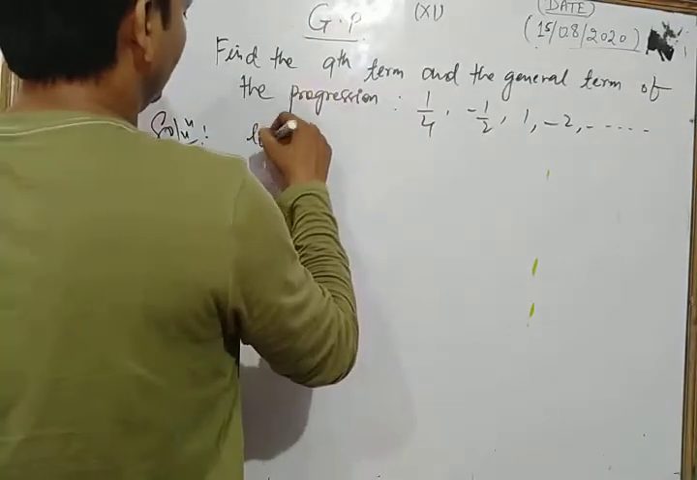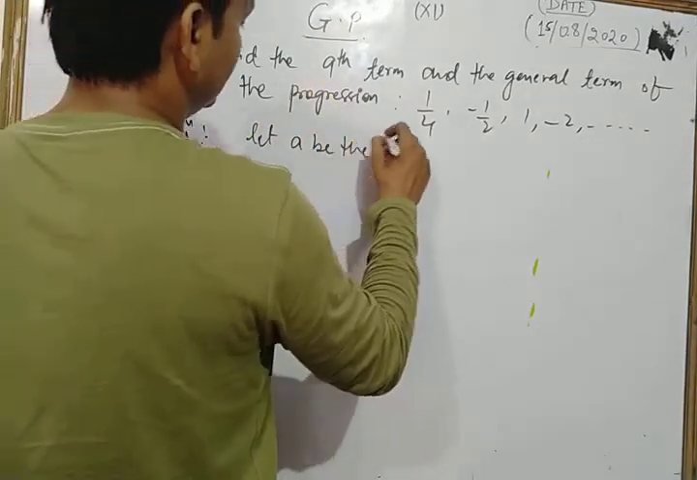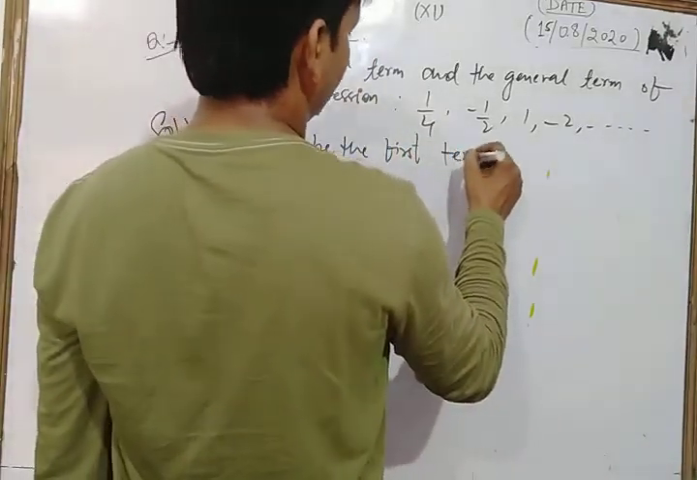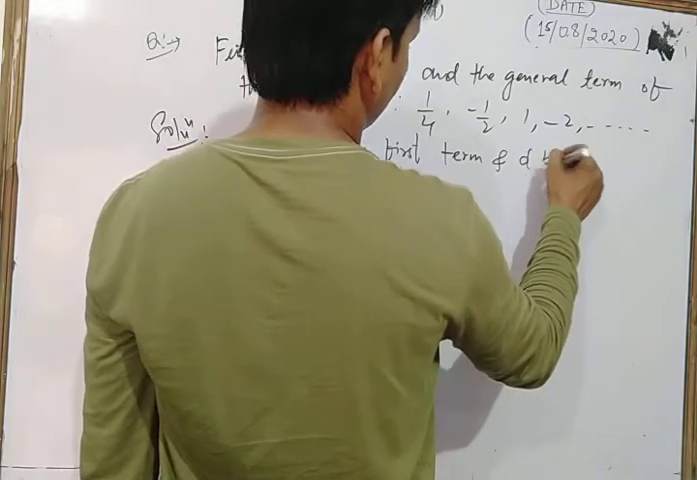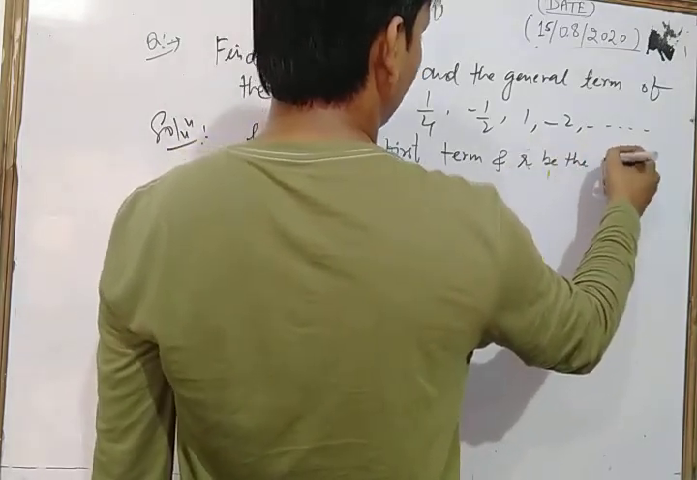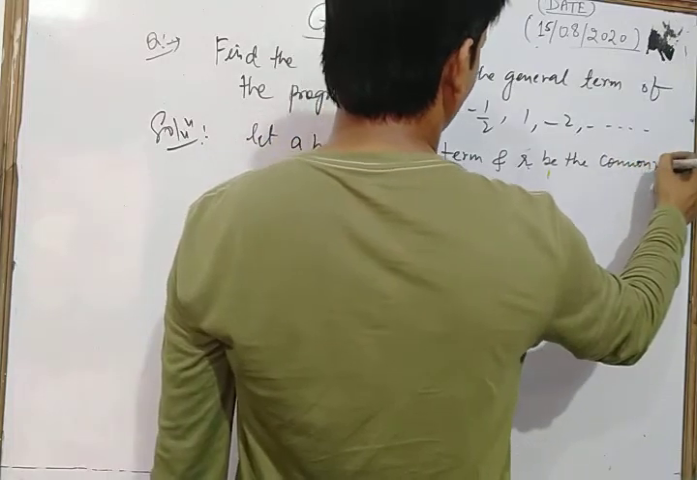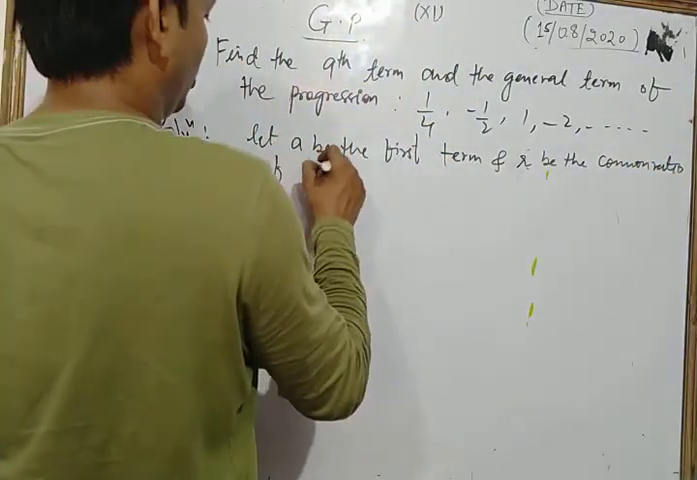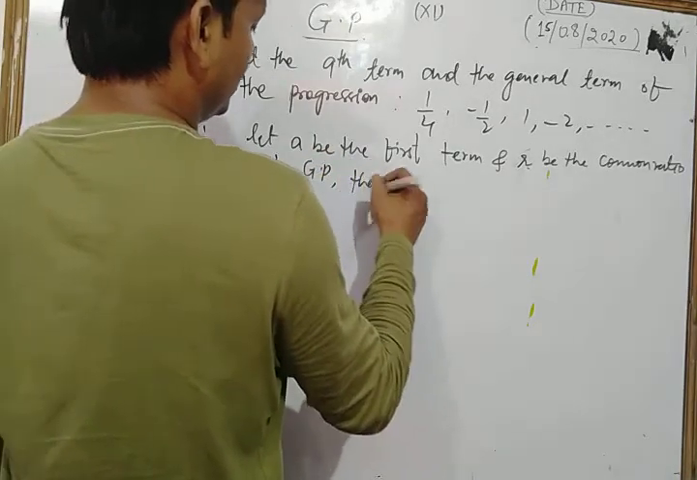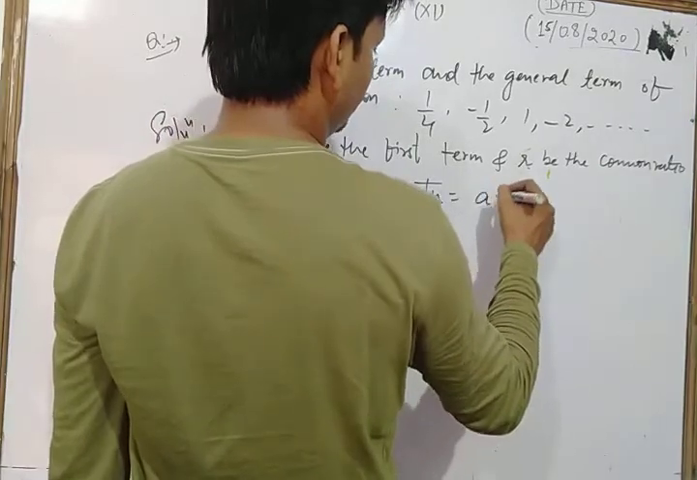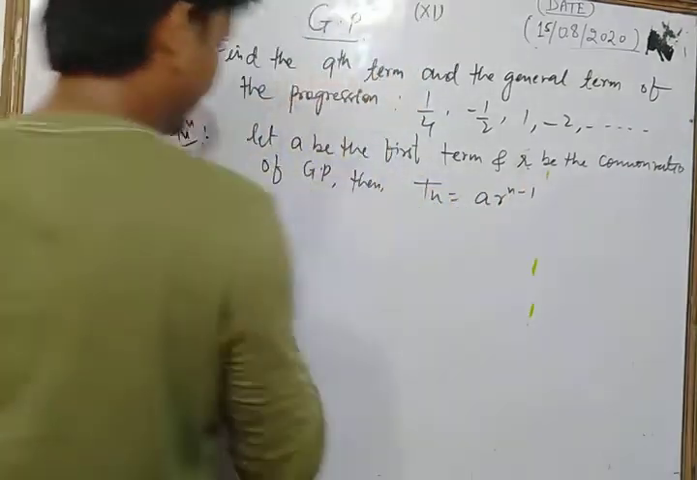First let A be the first term and R be the common ratio of the GP. Then the nth term will be what? A R to the power n minus 1. Okay, here